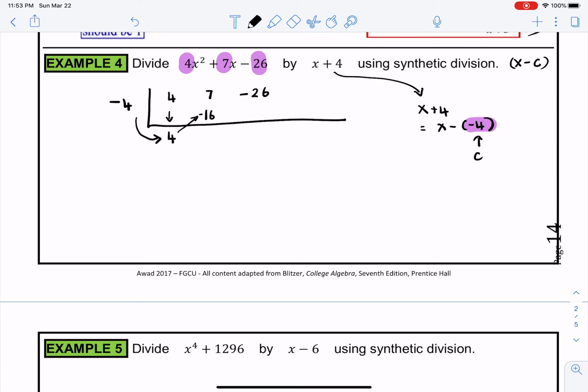We multiply those two and put it over there, and then we add. This is in stark contrast when compared to long division, where we always subtract. When it comes to synthetic division, we always add. So 7 minus 16 is minus 9. Now we take that negative 4